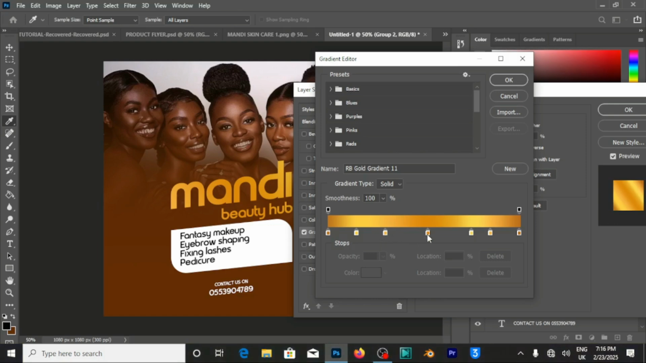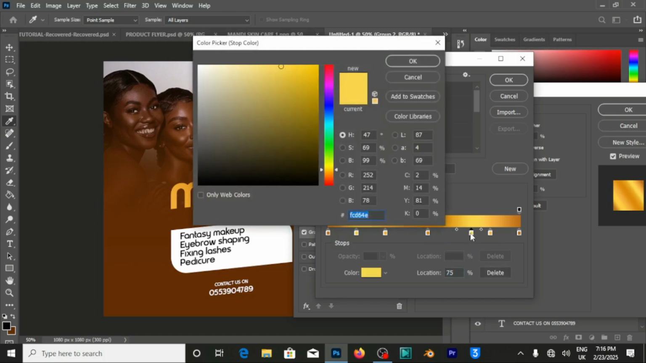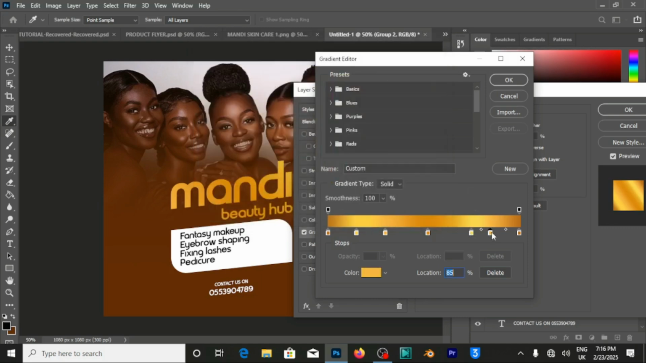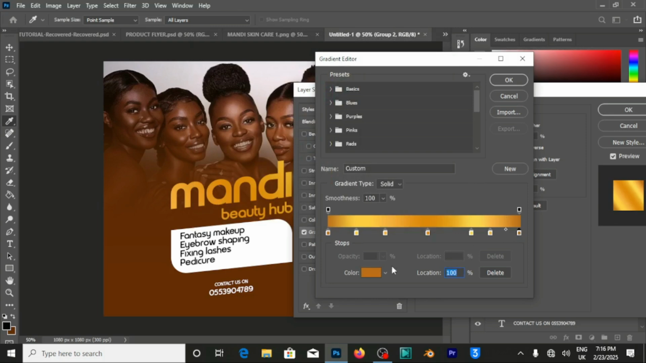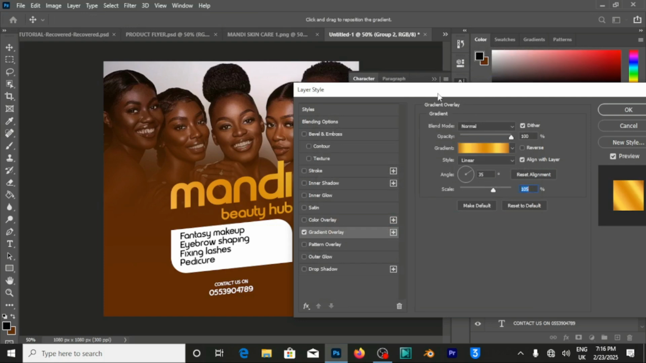F8B641, and then the next one, the color code is B26E07, and then the other one, the color code appears to be FED64E, and this one too, the color code appears to be F96843, and the last one, the color code happens to be BDE17. Then we click on OK here, and now we are having our gradients